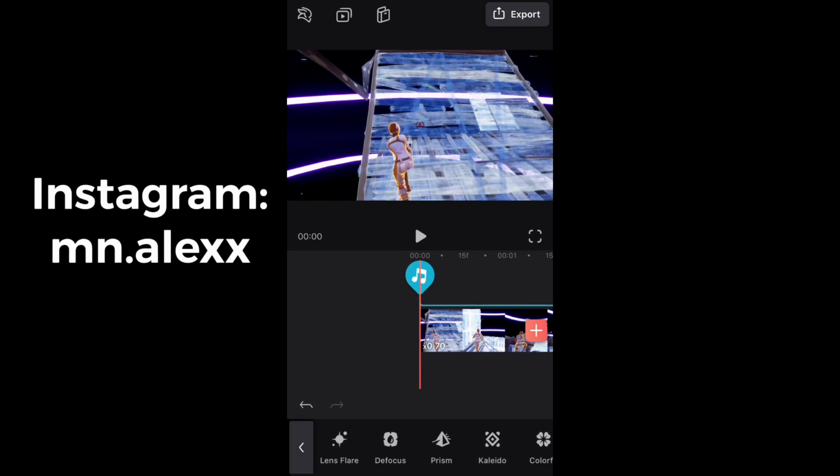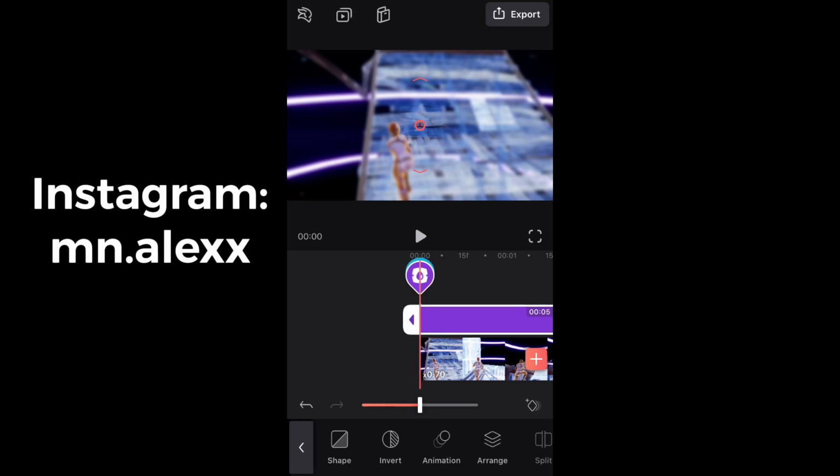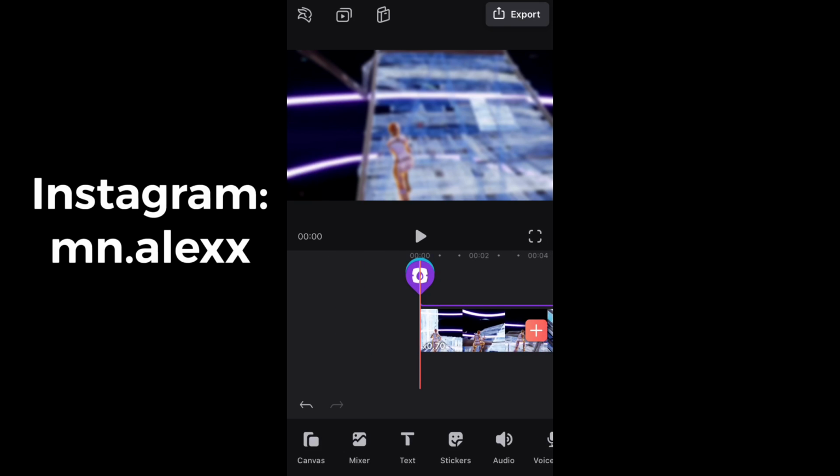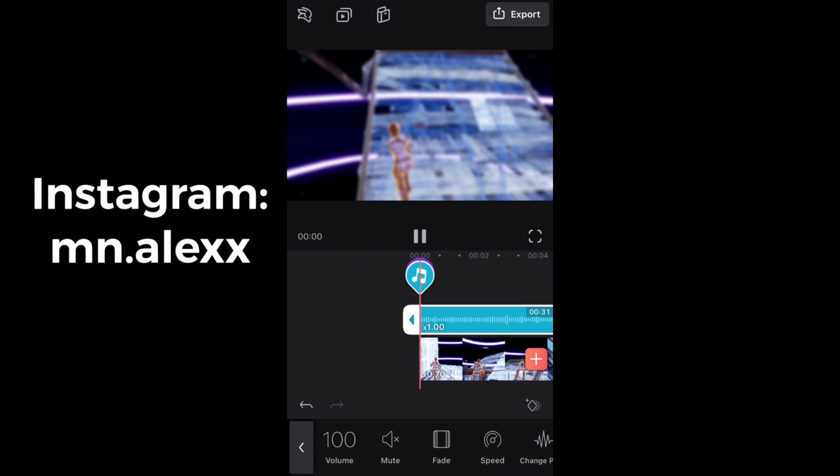We're going to go to effects, defocus, pinch this all the way down, and pull these in close, and just push this off out to the side. And then right here is where you can add your tag. So I suggest it